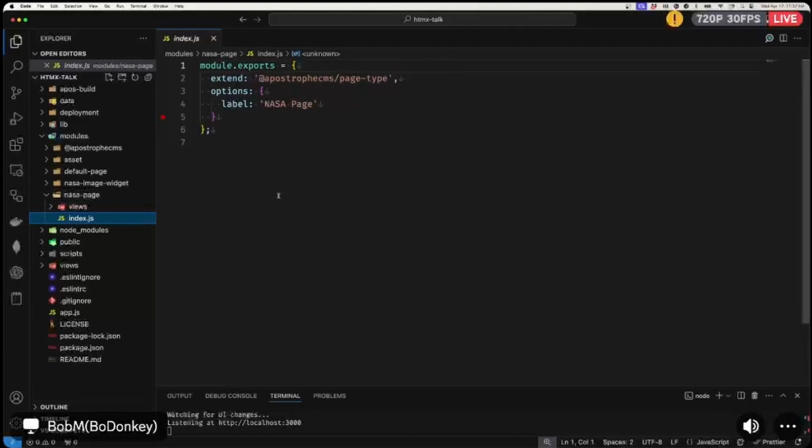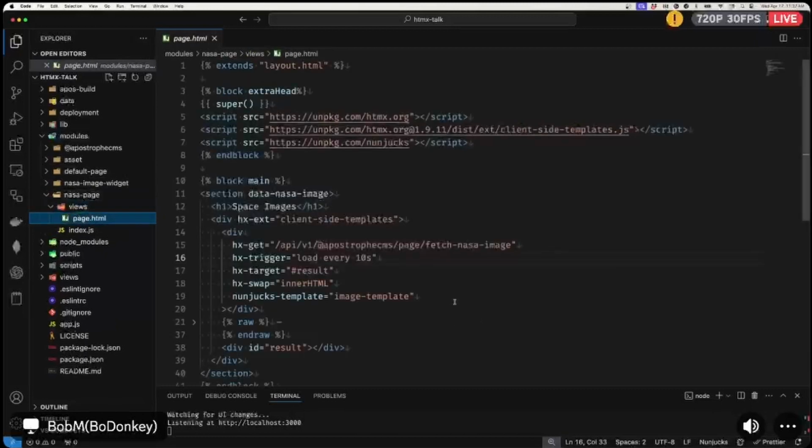I'm not adding any extra schema fields at this point. Obviously, in your own projects, you might want to do that. But looking in the views, we've got a couple things going on. So first off, in order to use HTMX, you have to get it onto your page or into your project in some way. So you can load it in from an NPM package. I found that for some reason in my hands, that was a little bit hit or miss. So instead, what I'm doing here is I'm just taking a pretty standard page template and I'm adding this extra